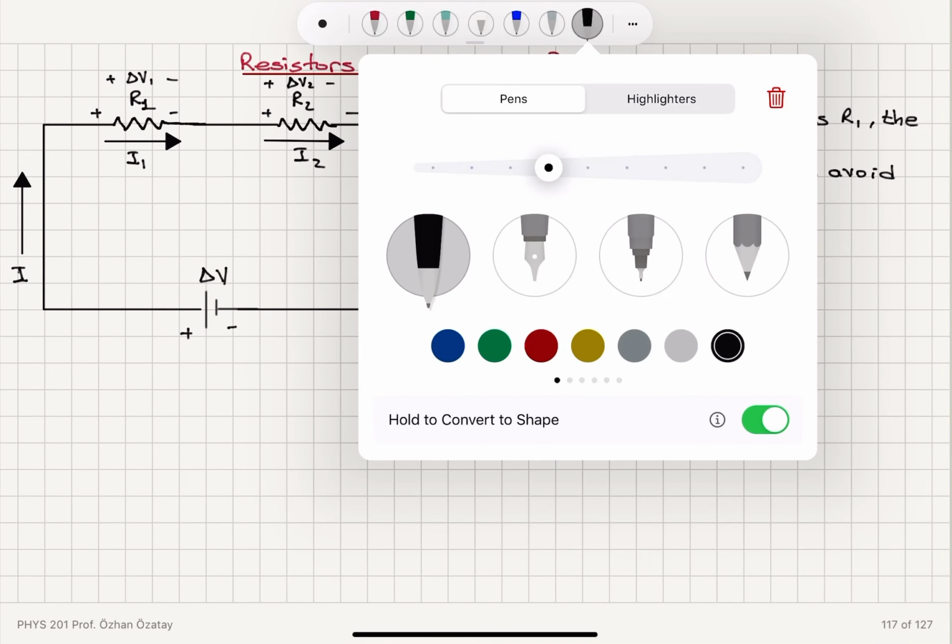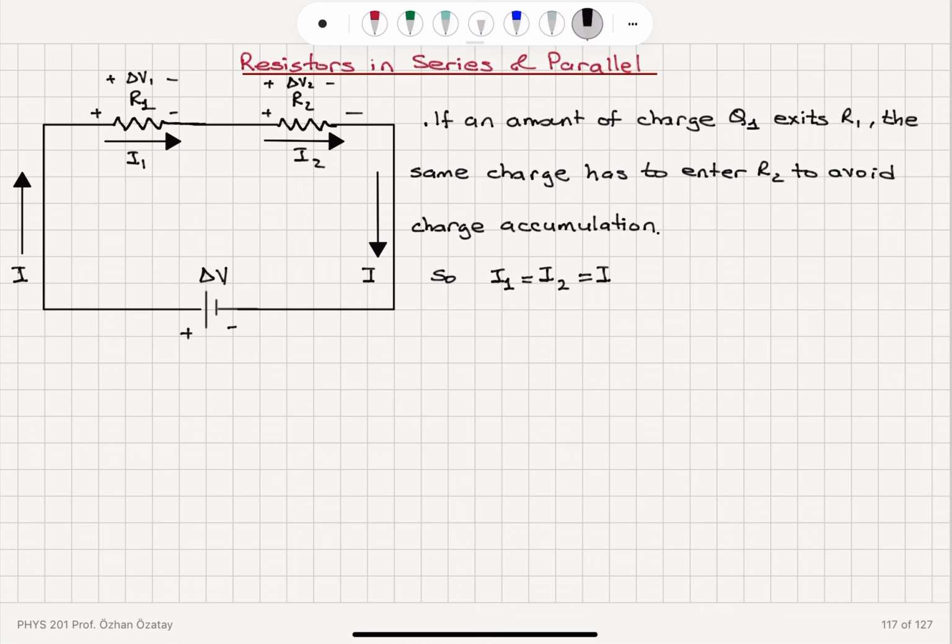So I have total potential difference, delta V, that must be equal to the battery potential, is delta V1, the potential difference across the terminals of R1, plus delta V2, the potential difference between the terminals of R2,